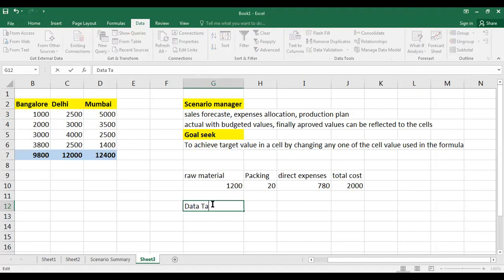We can create a table, and in the table, we can fill in some formulas. You can have a set of values in the first row and first column of the table, and you can add a formula that will automatically fill for all other cells. So that is called data table.